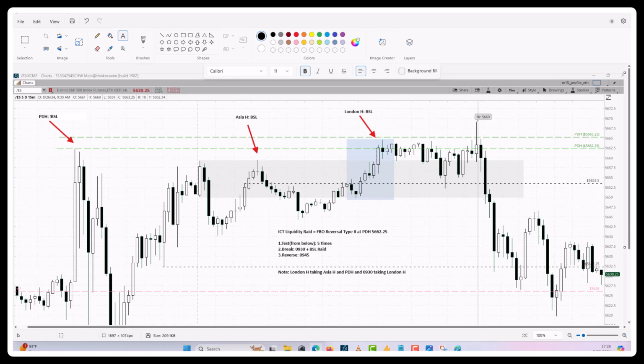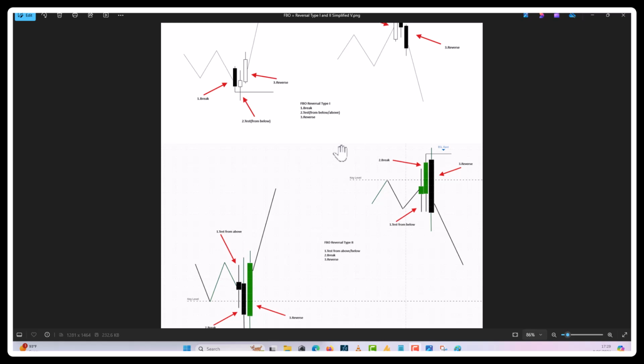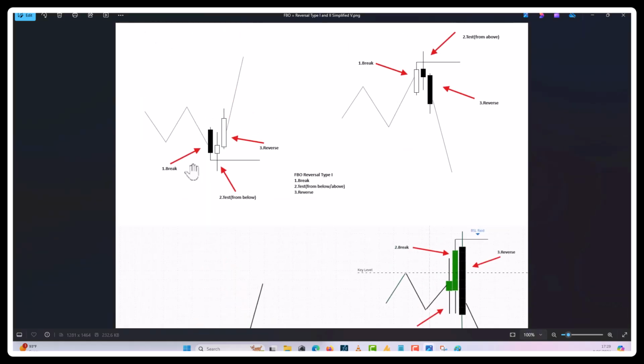Let's look at what we have right here. This is the beautiful drawing we have. So basically we have 2 types of reversal, so basically a 4 breakout. So it's 4 breakout reversal type 1 and type 2. We just simplified it so it's easy to see. So the first one we have is very